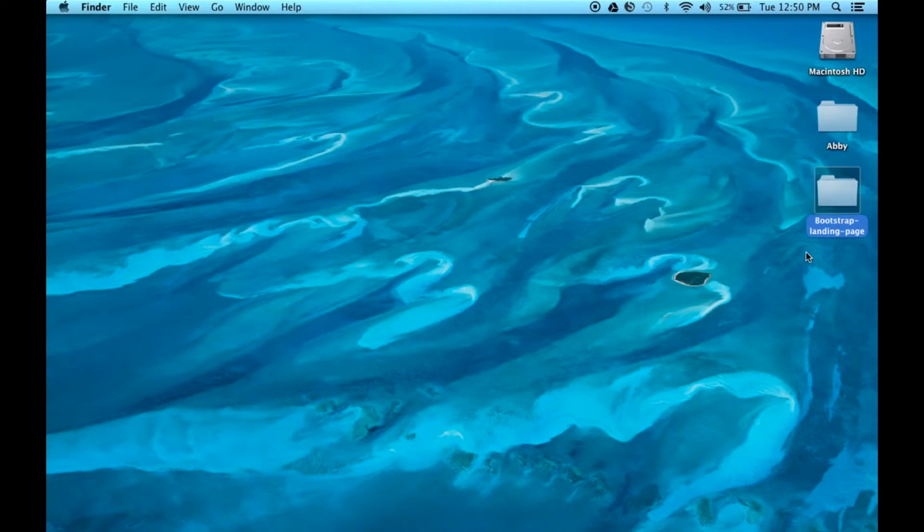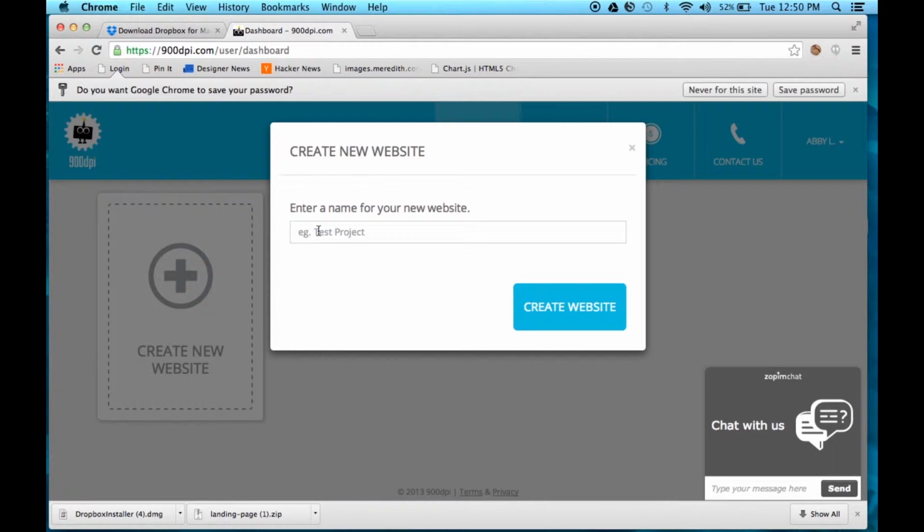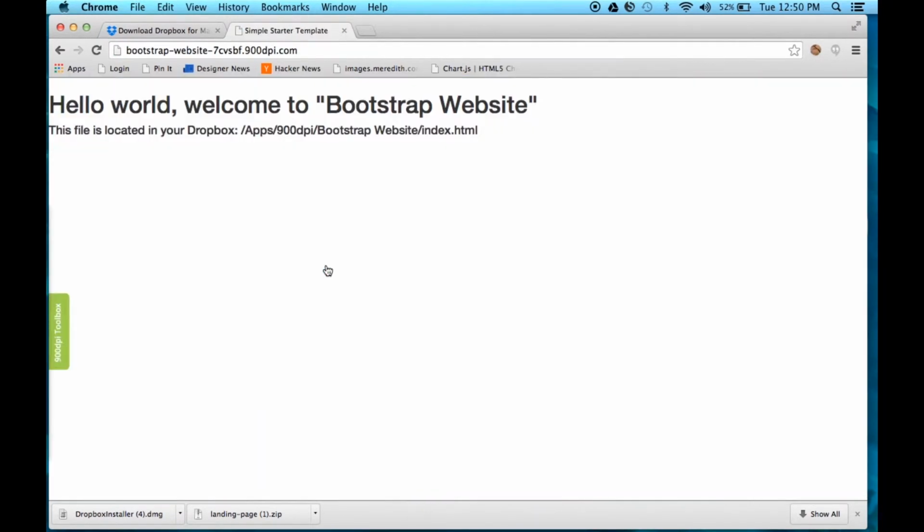The first step to integrating your Bootstrap template is to create a new website on 900 DPI. So if we go to our dashboard and click Create a New Website, I'll call mine Bootstrap Website and create. We now have a new website set up. If I click Edit Website, I can see what my website looks like. Well, it certainly doesn't look like my Bootstrap template, so the next step is to put my Bootstrap files in